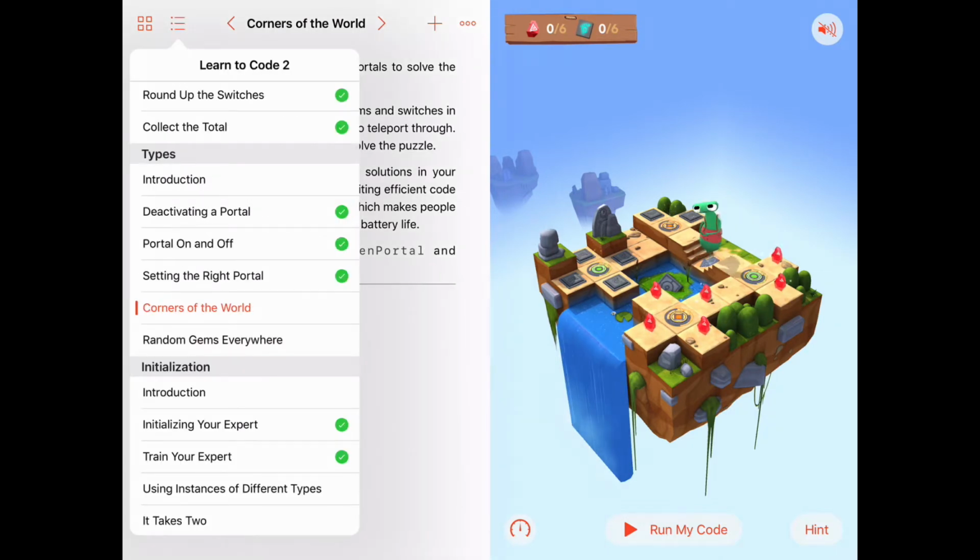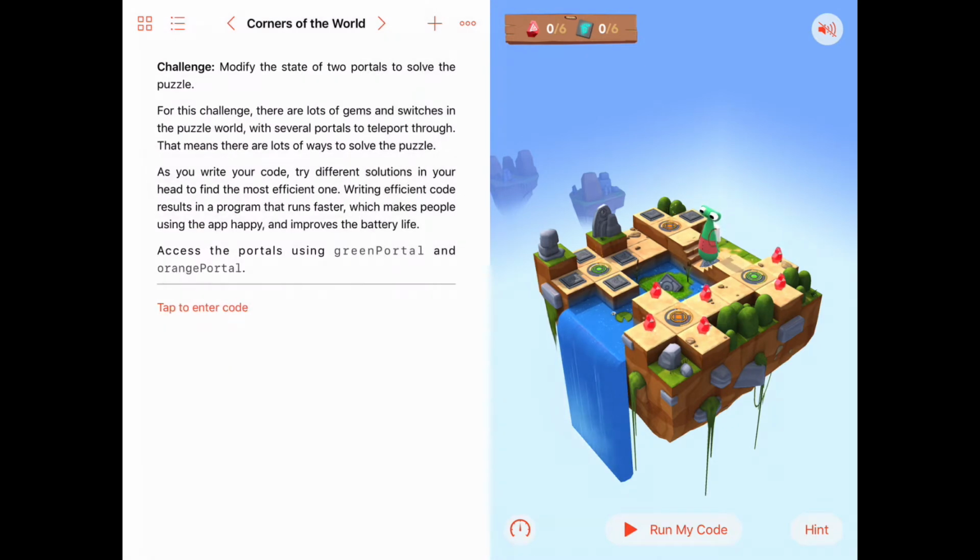We are in the chapter called Types and activity number 4 called Corners of the World. This one's a tricky one, but we can get it if we just take our time and especially take time planning what we want to do, have a game plan before we start writing any code. All right, and that planning is going to have to start by us taking a good long look at this